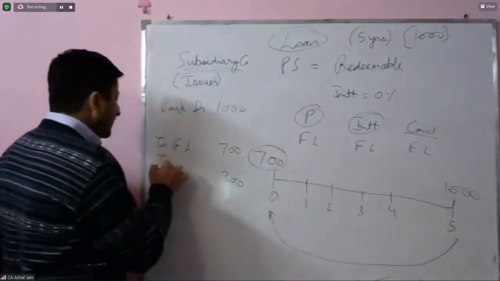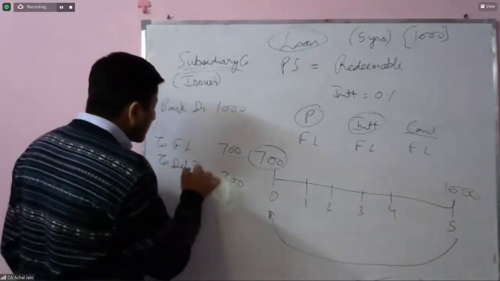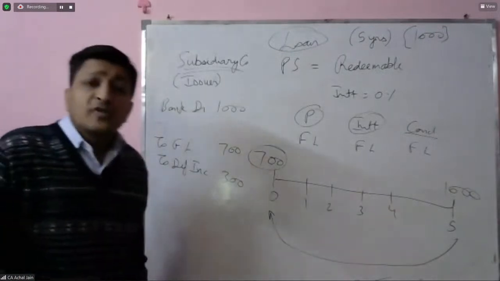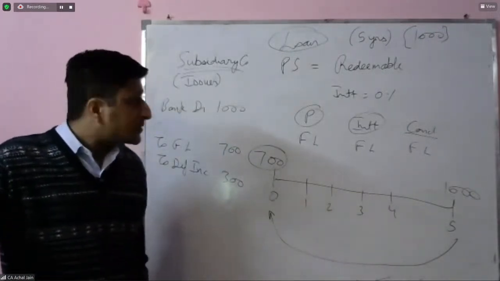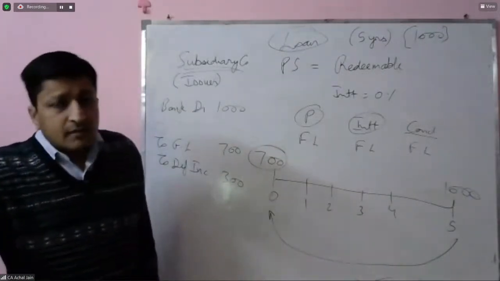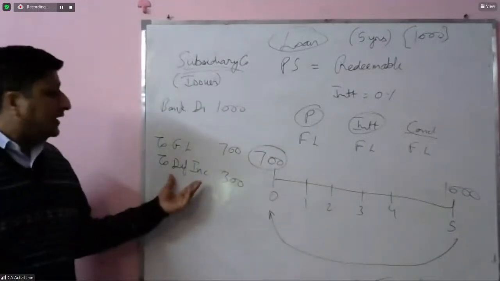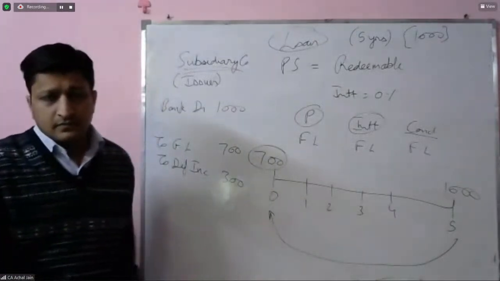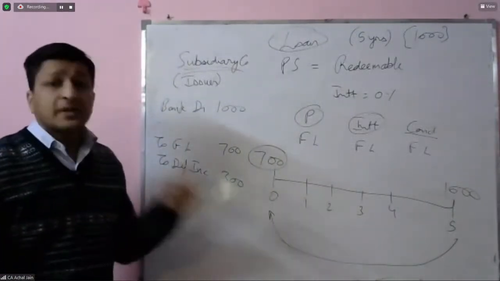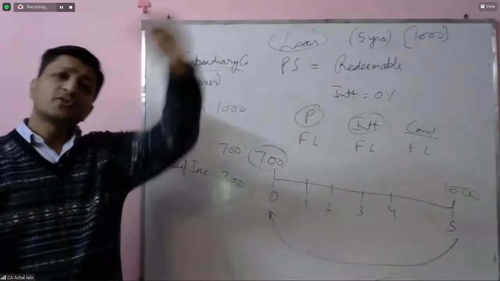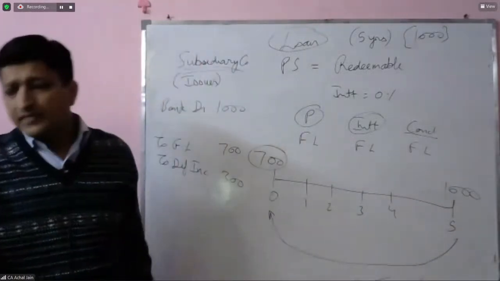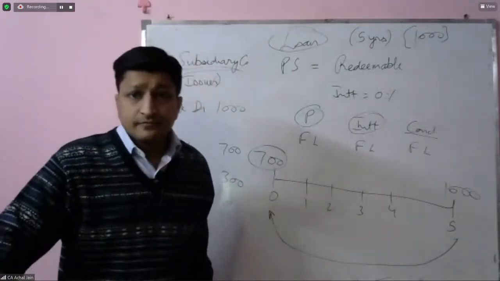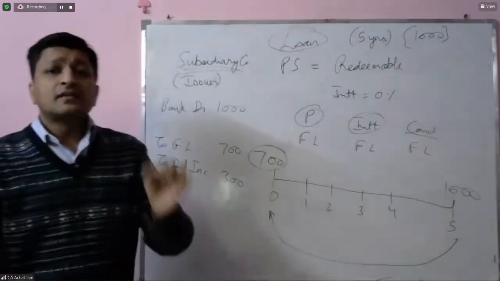So do we say it's deferred income for the subsidiary? The answer may be yes. There's no doubt that it's a deferred income for the subsidiary. 300 is nothing but the deferred income for the subsidiary, which should be recognized over a period of 5 years. But in this case, there is another